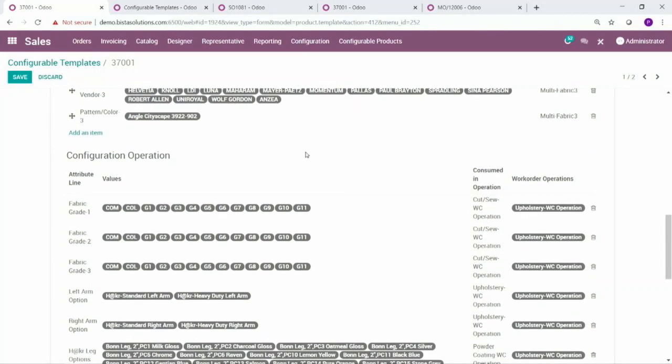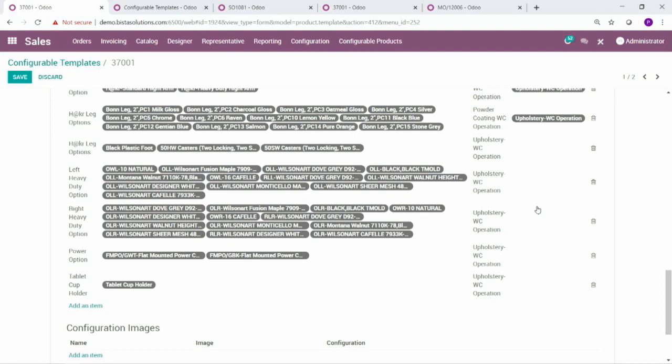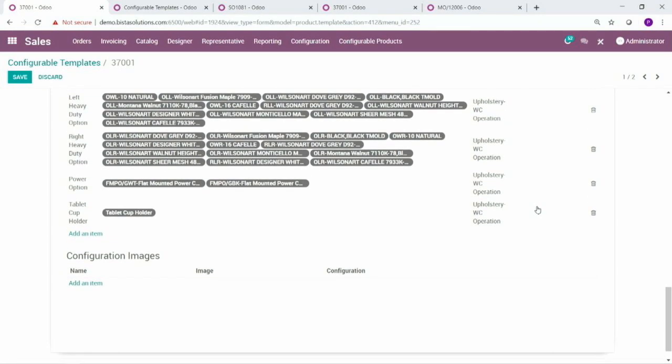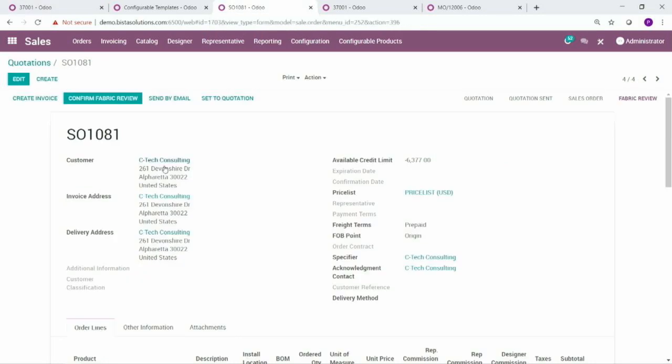And this is where we specify which part of your process is manufactured under which work order, under which operation. This is where you select that my fabric has these options available, and it is consumed in this operation called cut and sew, and this is the work order where it is done. So essentially, we have configured a system where they can add these options when they get an order. So what I will do is go to a sale order and